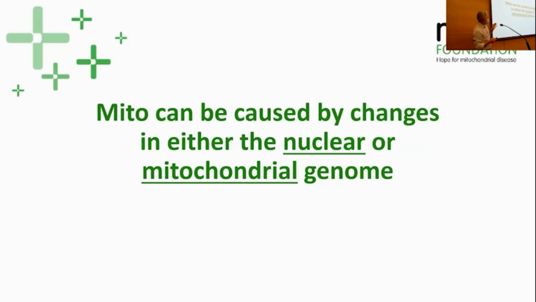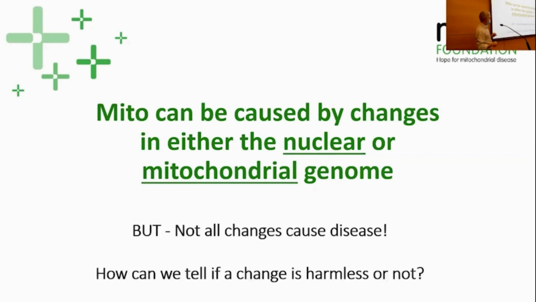Again, good to emphasise that mito disease can be caused by changes in either the nuclear or the mitochondrial DNA. And the rule of thumb is that for children, for pediatric onset, so onset in childhood, roughly 3/4 of the time we find the cause is in one of the nuclear genes, whereas in adults it's about the other way around. And so for adult onset disease or late adolescence, it tends to be maybe 2/3, 75% caused by mitochondrial DNA changes.